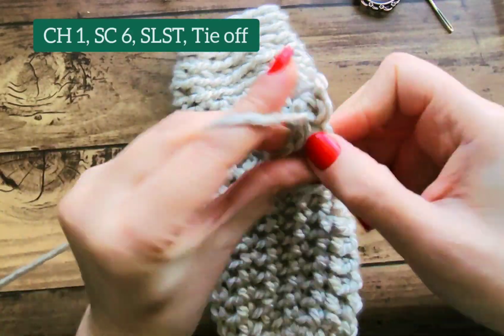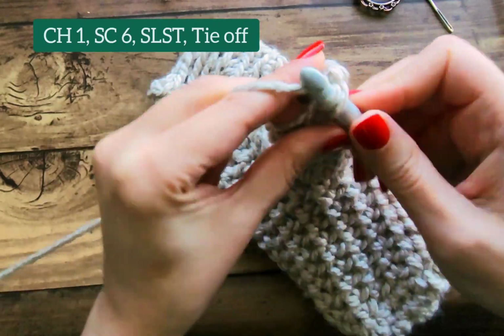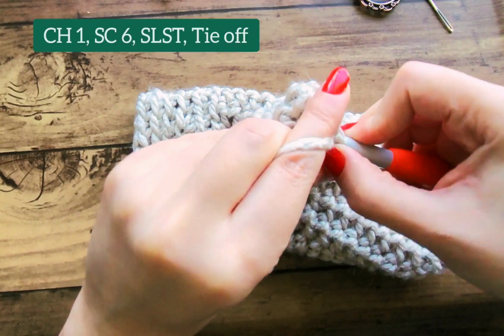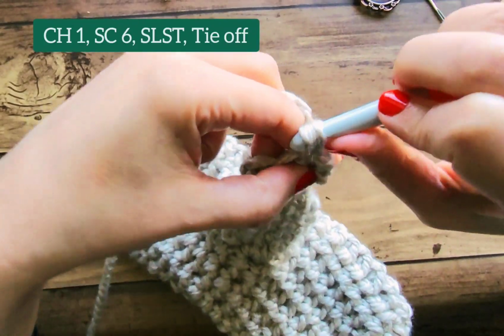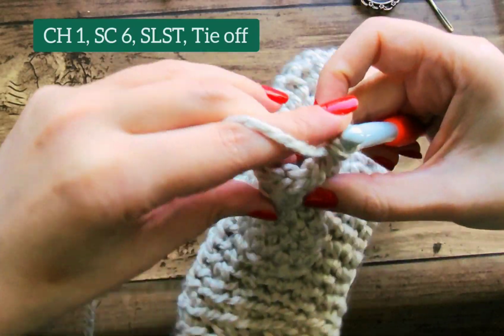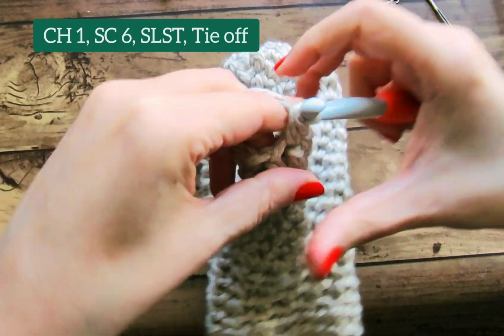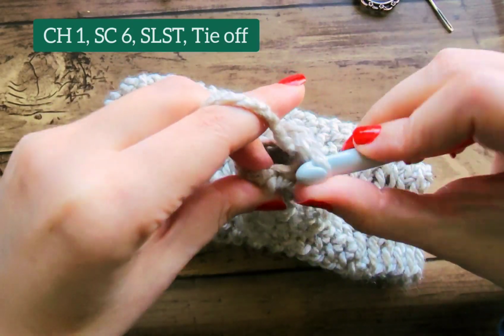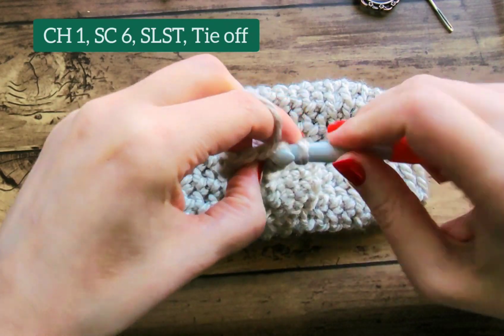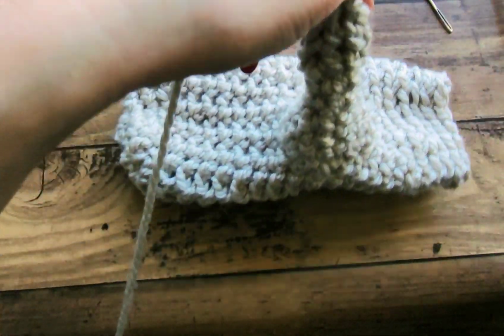1, 2, 3, 4, 5, and 6. And if you need more rounds, if you have a longer thumb or you just want some more space in there, you can make more rounds. Just keep doing 6 single crochets. But for me, this is long enough, so I'm going to tie off, leave a little bit of a tail